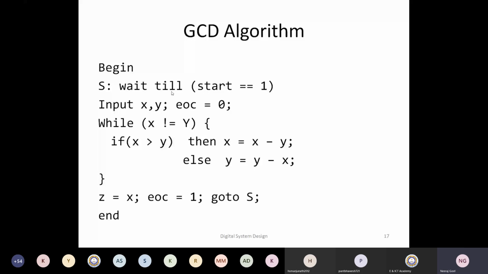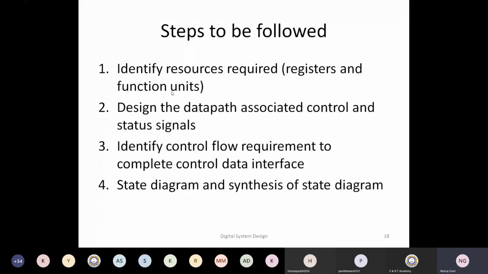So if I need to design a hardware for computing the GCD, the steps I'll follow are: the first thing I'll do is identify how many resources are required or how many resources I can provide. Both of these two things are slightly different. So based on the application, for example,